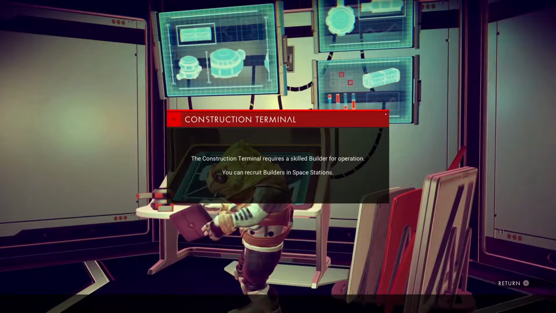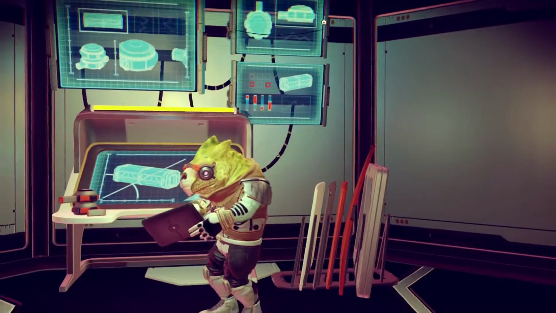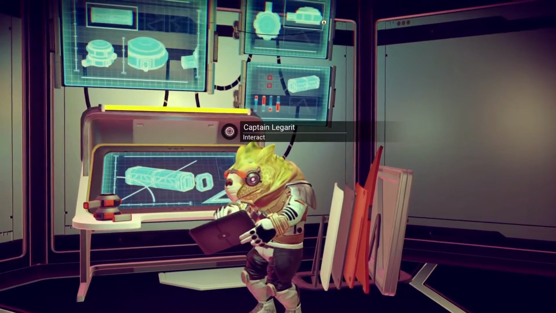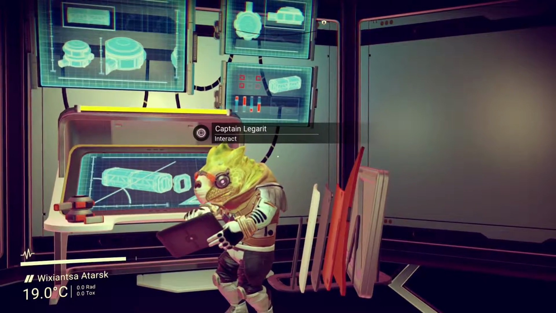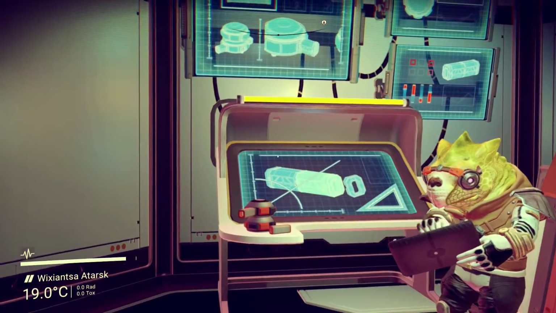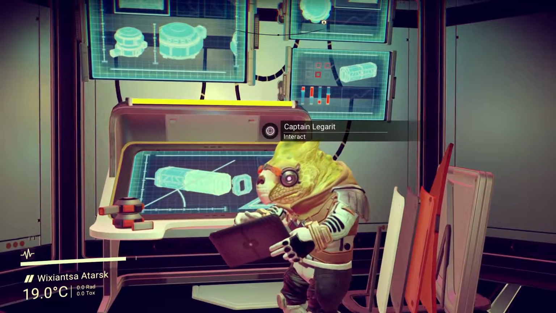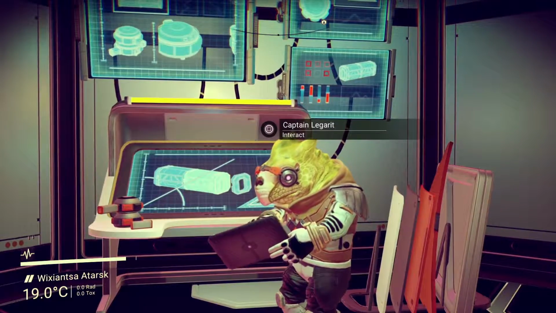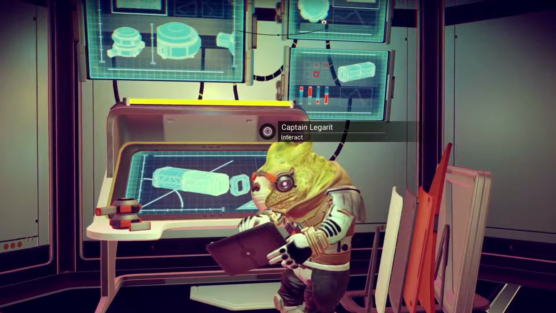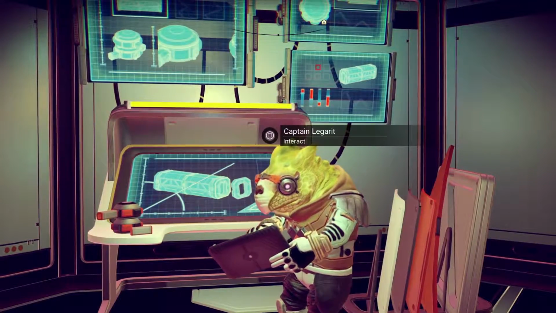Yeah, and I had hired this builder before. I already have him, see, because I had already hired him when I built my base before, but the first time you do this, you won't have anybody here. It'll just be the terminal, and you'll need to go up to the space station and hire a construction guy. Although you might be in an area or a system that doesn't have the right type of alien race for that,